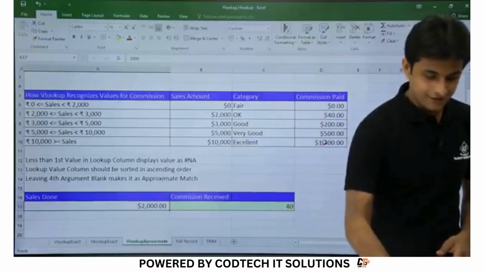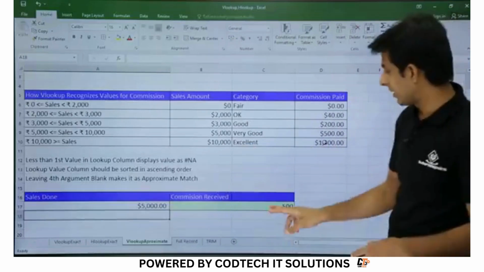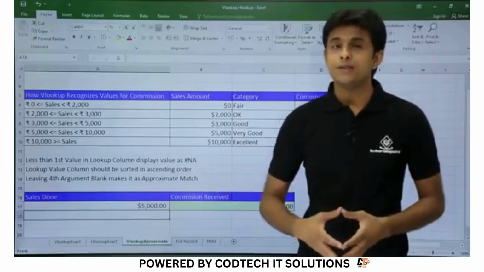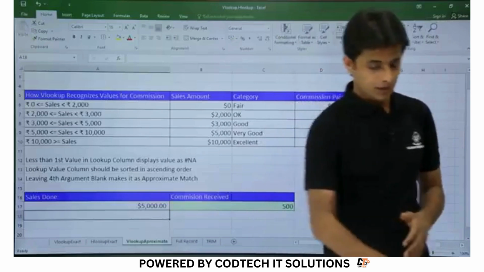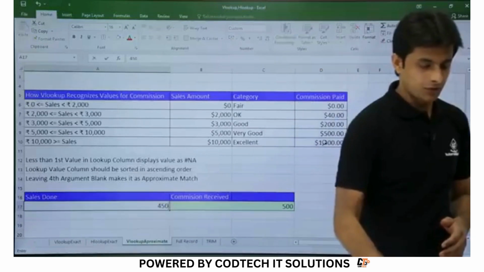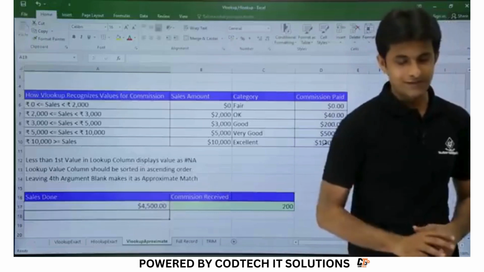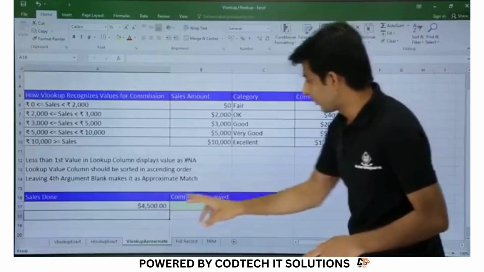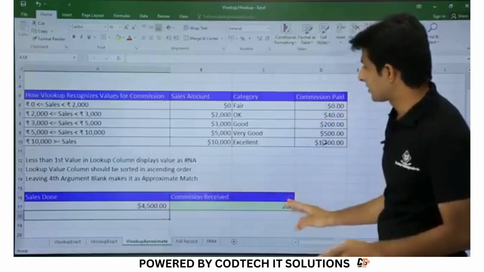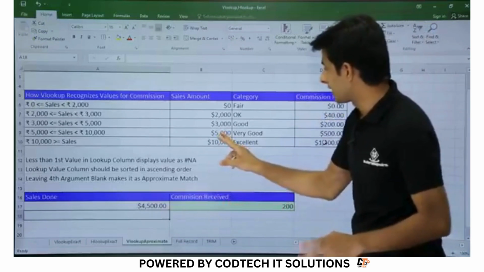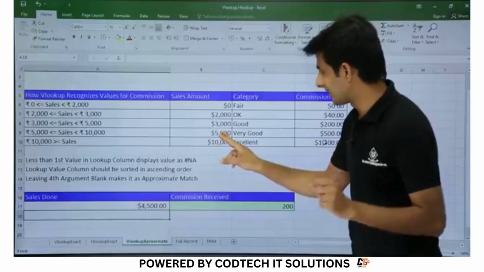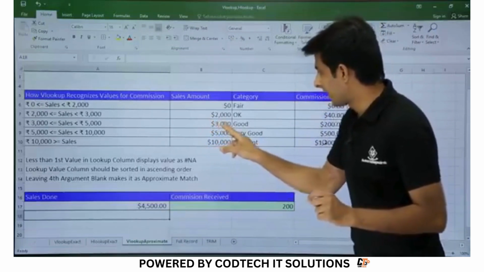If I do a sales of, let's say, $5,000, I'll get the commission as 500. What if a person does sales less than 500? If I do a sales less than 5,000, let's say $4,500, and I press enter, I'm getting a commission of $200. So if you do even a single sale less than this 5,000, it goes down and you'll get the amount as